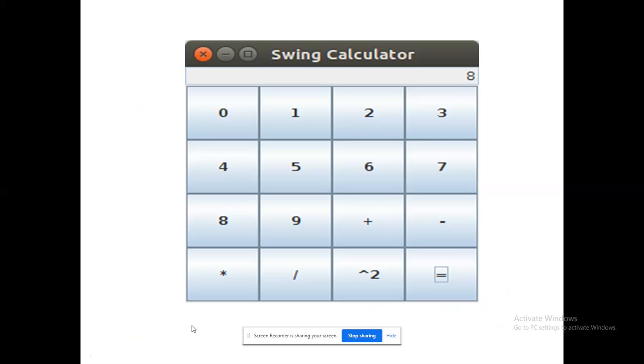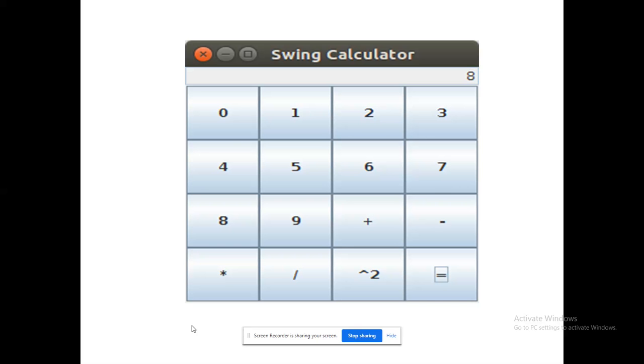Some minimal amount of work. So what are all the things that I have to consider to construct this? The primary thing, if I want to design a calculator, ultimately if I am going to click one button, the corresponding event has to happen.